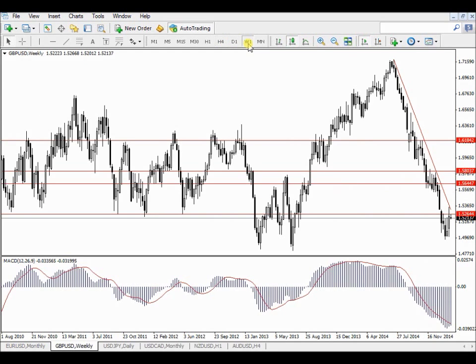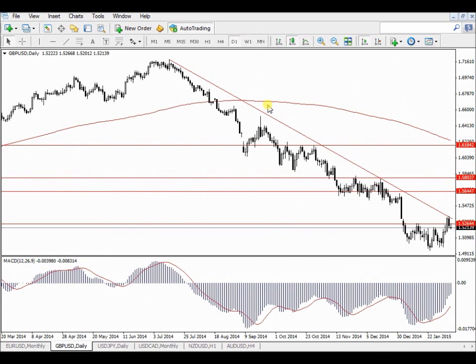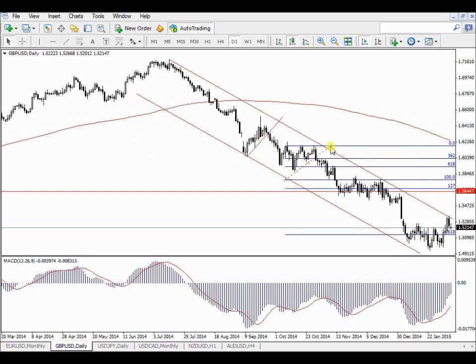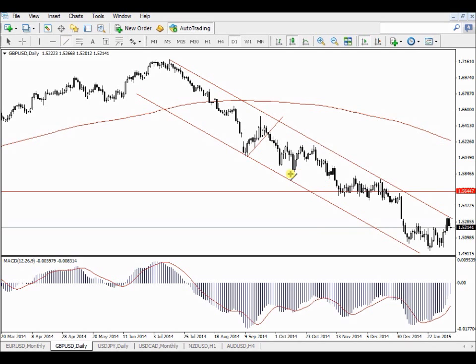Alright, so let's look at this indicator. We're in a bear market. Let's go down to the daily again. I told you that we can draw a channel. Let's delete all those red lines again. And we want to sell when the market breaks my channel, corrective moves. I know in a bear market I want to sell. As soon as this small trend line breaks, then I want to sell.